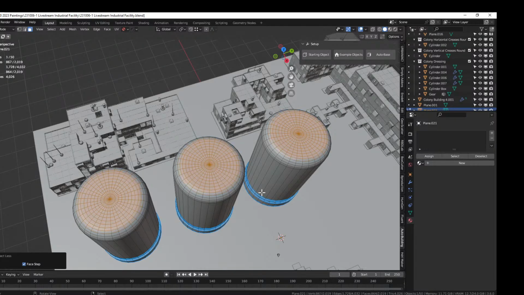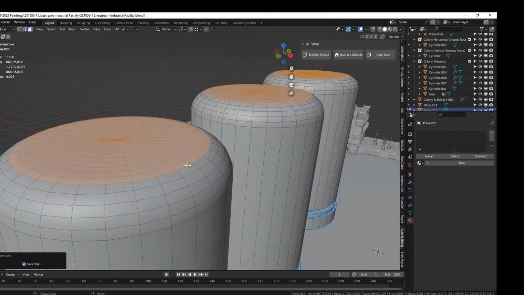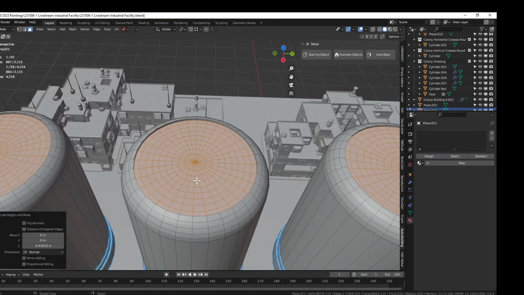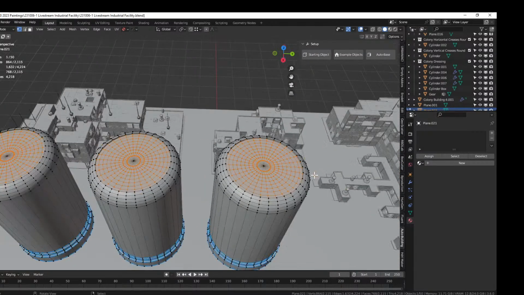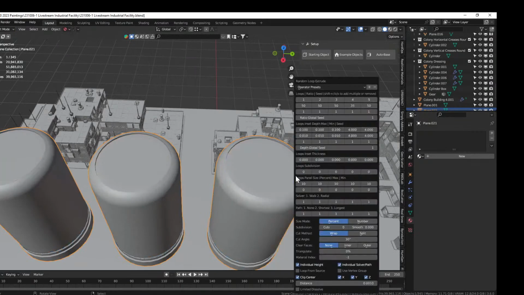Maybe not quite that much. We want to be inside that bevel loop. Yep, we're good. And then E and bring it down just a little bit. And then 1, and I just want to deselect those interfaces. Again, okay, tab. Now we can come back and loop extrude